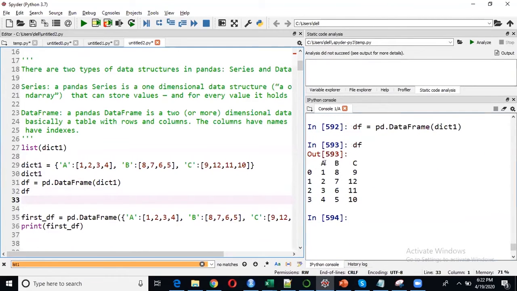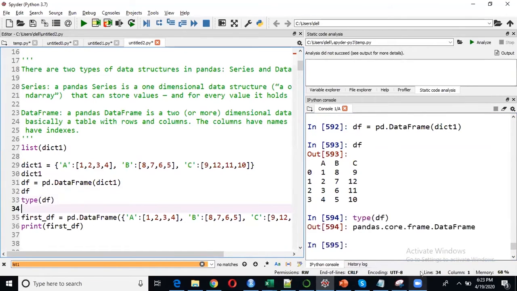Okay, fine. Now df, see, in such a nice format. First time we are seeing something in a nice format. A, B, C are the column names, 0, 1, 2, 3 are the rows, right? These are the values. So we have columns and rows in Excel and SQL or any database. Here we are going to say variables and number of records or observations. Clear? Fine. So if you check the type, how to check the type, guys? Pandas DataFrame. So the data frame is important. It is a new object which you are going to use very frequently. Almost everything you are going to use from today onwards will be a data frame. Very, very important.